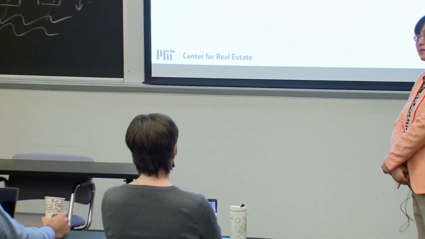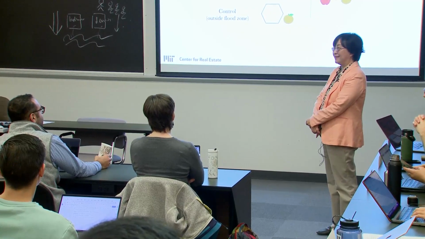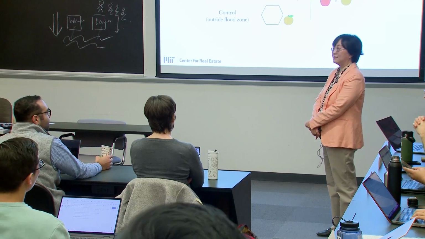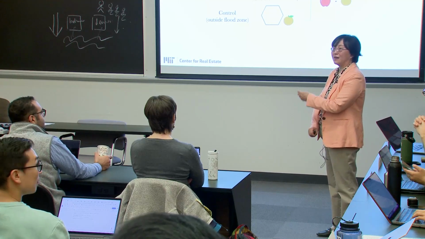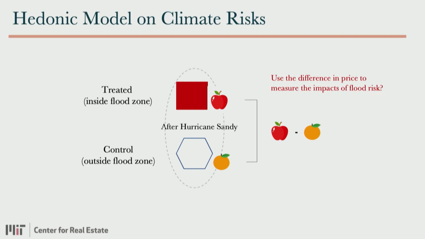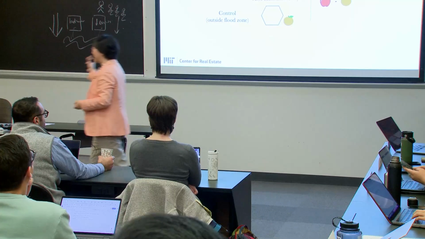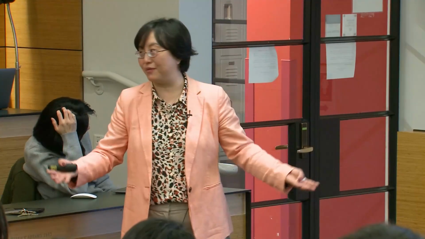What do you think is a systematic difference? We must look at systematic, not random difference. Some of the ones in the flood zone or affected by the hurricane could have a premium because of preferred views or better location, versus some control zone that may be more inland, commuter locations versus premier locations. Okay, you are saying these treated ones maybe have a very good view, because everyone likes an ocean view. If you like an ocean view, you live on a beach. On the beach, you need to bear the risk of being flooded. So that's one difference. Any other things?